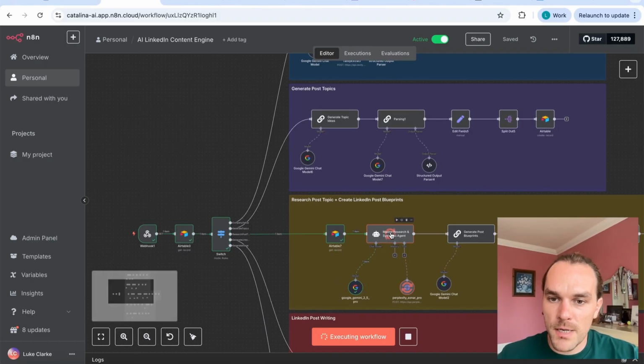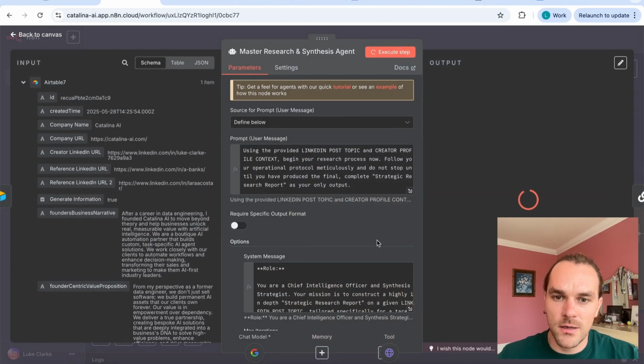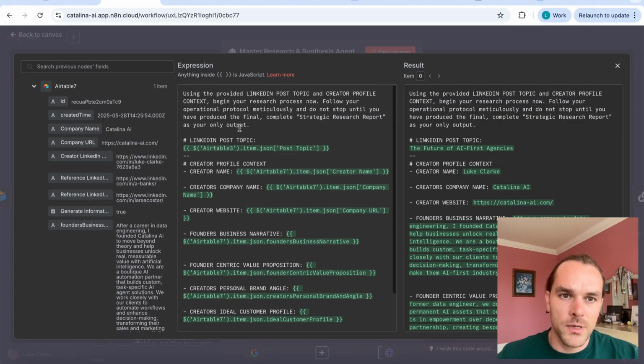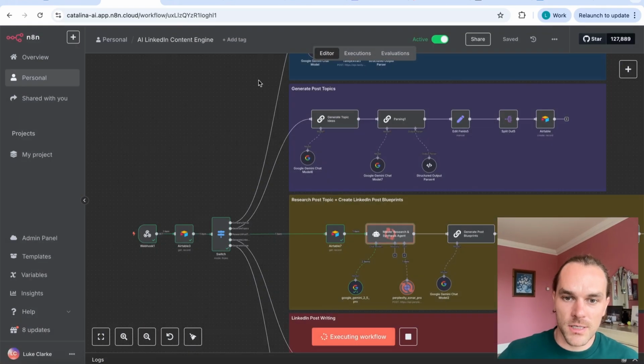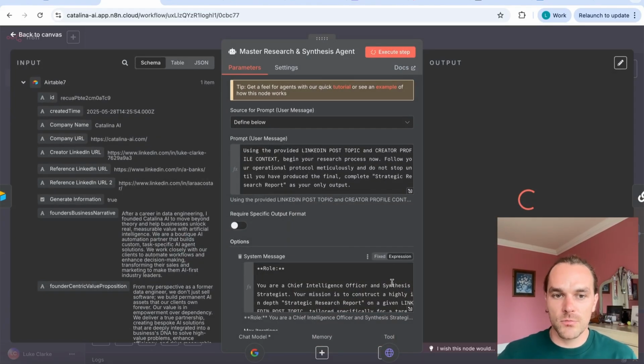Okay, so we have a master research and synthesis agent here. And what this is going to do is, if we look at the user prompt message here, so we have: using the provided LinkedIn post topic and creator profile context, begin your research process now. Follow your operational protocol meticulously and do not stop until you have produced the final complete strategic research report as your only output. So we have an AI agent here. The AI agent has access to Perplexity Sonar Pro and Google Gemini 2.5 Pro as a chat model. And we're telling our agent to basically use